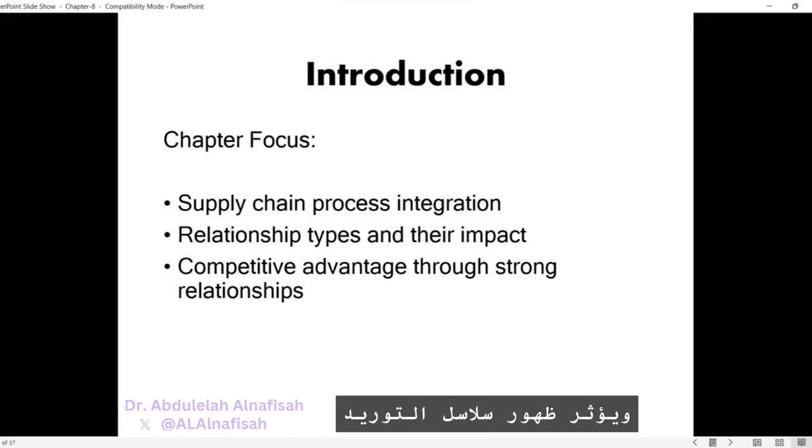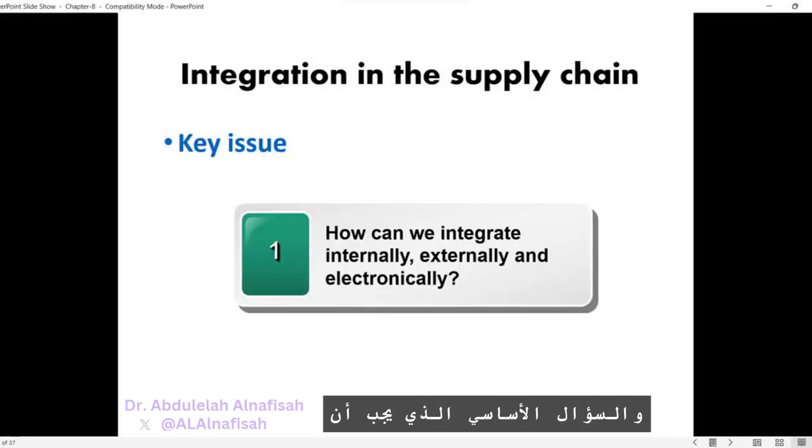The rise of collaborative supply chains impacts competitive strategy, requiring firms to manage buyer-supplier relationships effectively. However, one-sided influences in relationships, such as customer firms impacting supplier practices, can lead to consequences. The chapter aims to explore the integration of supply chain processes, examine different relationship types, and understand their impact on firms' competitive positions. The primary question we must address is how to achieve integration internally, externally, and electronically within the